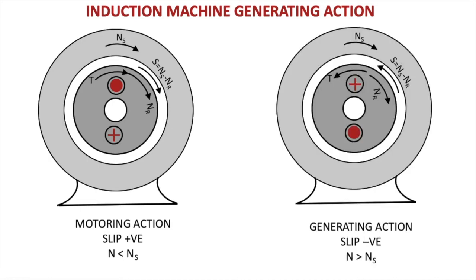When you start driving the rotor by some prime mover in the same direction but above the synchronous speed, in that case the slip reverses. Now the slip is Ns minus Nr, but the resultant, because Nr is greater than Ns, will be negative and the torque produced will be in the opposite direction, and hence instead of drawing power from the system, it will start delivering power to the system. And because it absorbs the magnetizing current, it absorbs the reactive power of the system, and it can't feed the reactive power but it can draw the reactive power from the system.